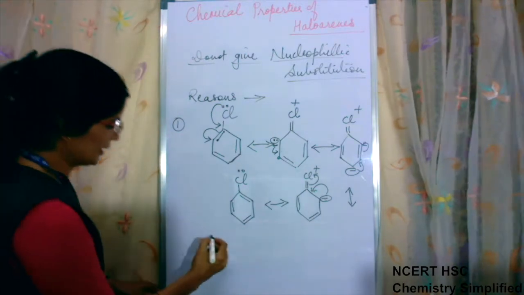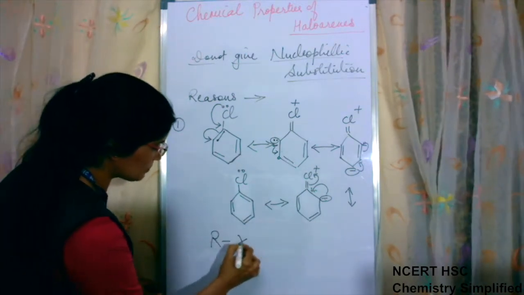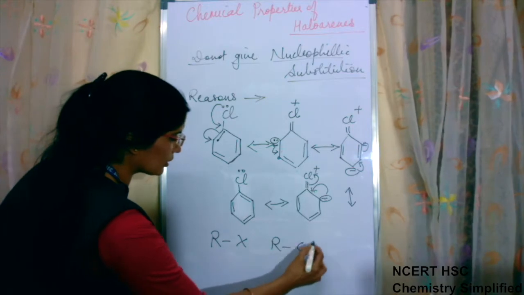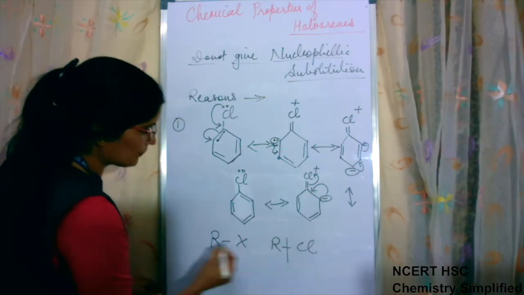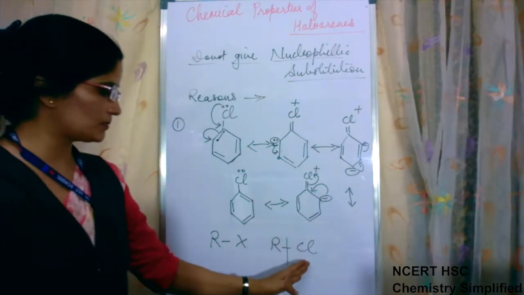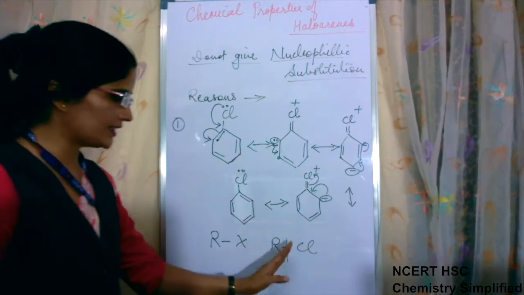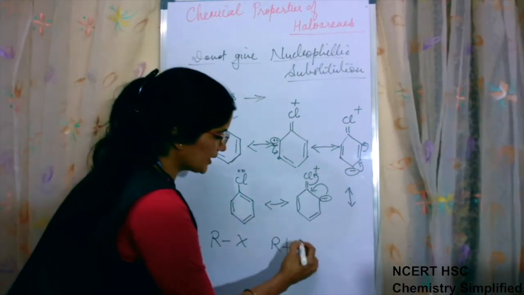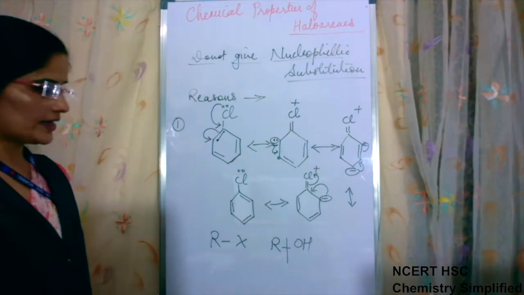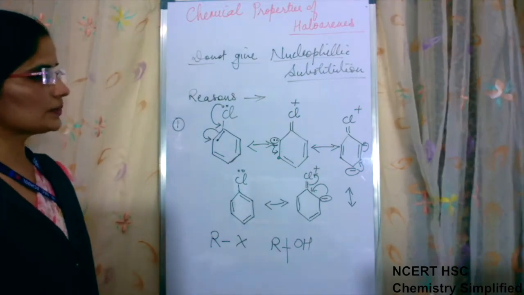When we were seeing in alkyl halides, the R-X bond or R-Cl bond, this bond is a single bond. So it is easy to cleave this bond, hence it is cleaved easily, and in place of Cl we have directly attached OH. That is why nucleophilic substitution reactions were easy.